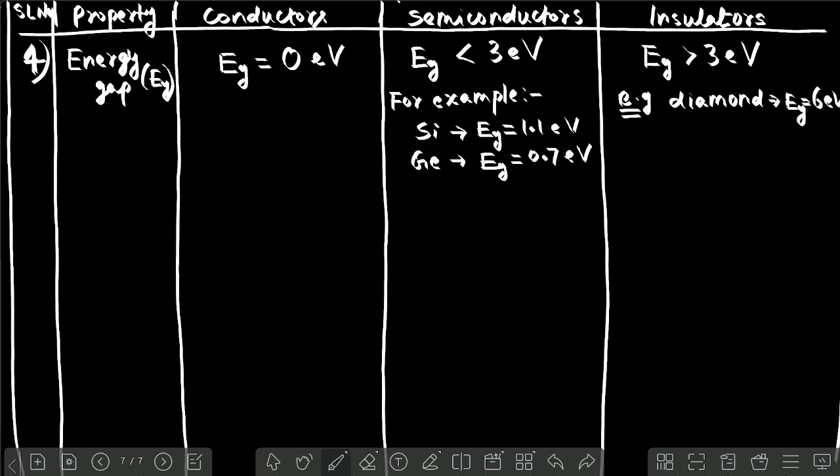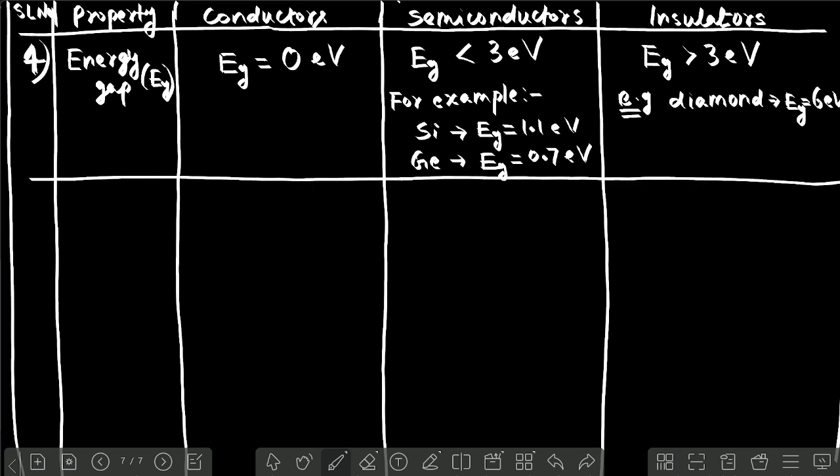So this many points to remember about energy gap. Where what energy gap is there? So one more question can come. Now the fifth question or fifth property. Fifth property, remember, energy gap understood. Now charge carrier, and what is the valence band and conduction band